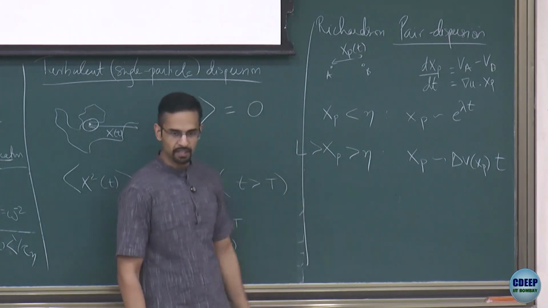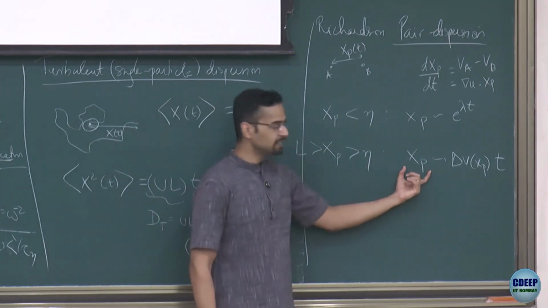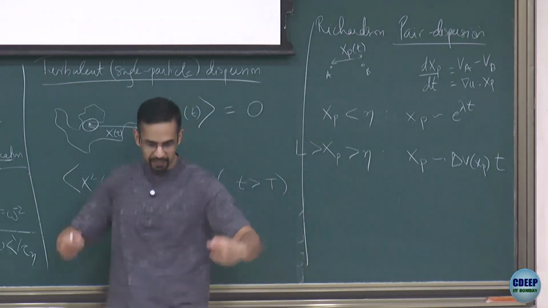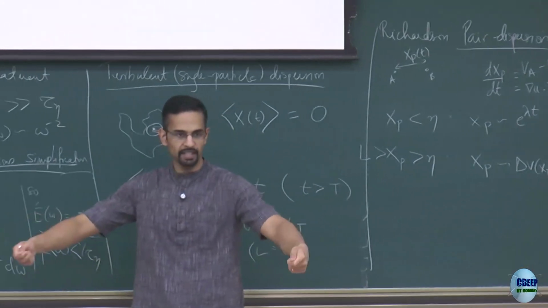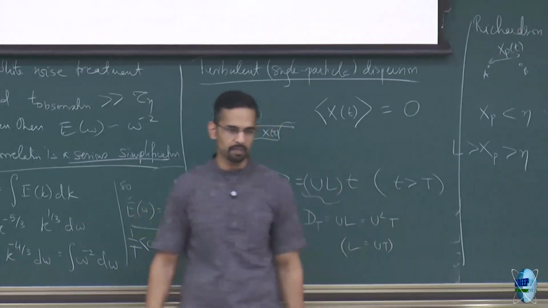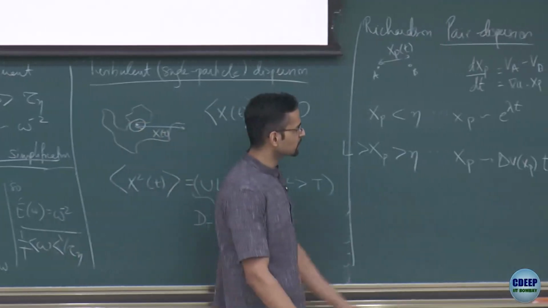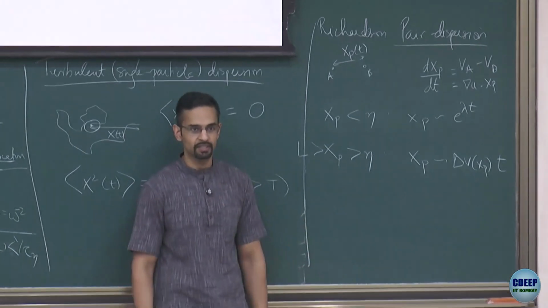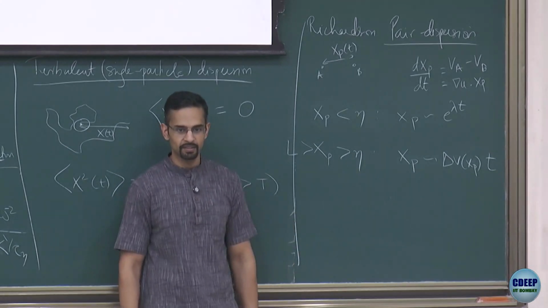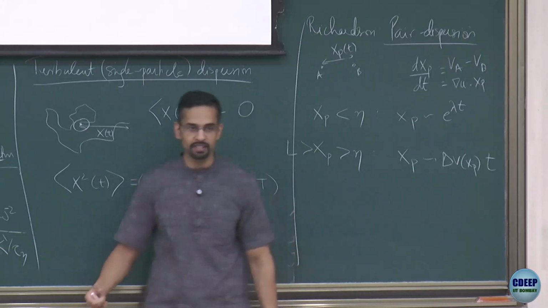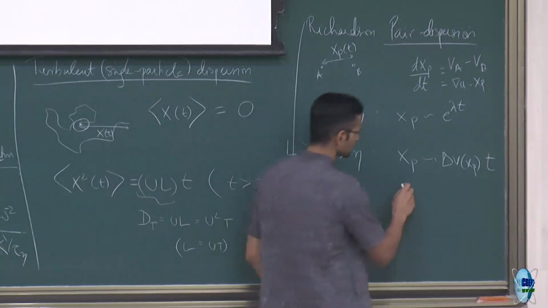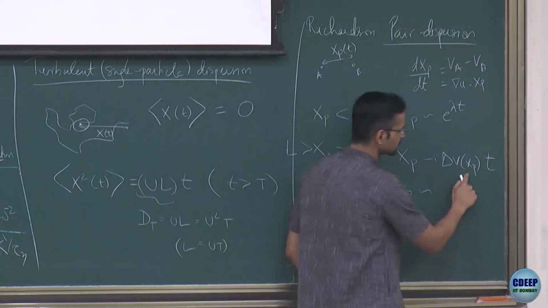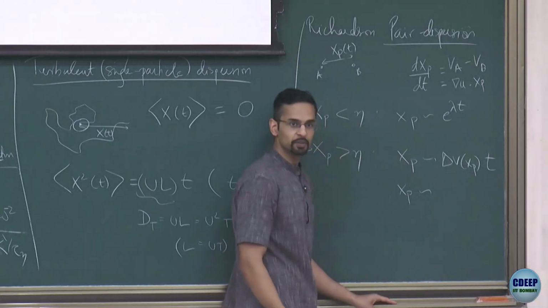Fine, so now if I'm taking these bigger jumps, what I can still say is any change in this xp, or the evolution of xp, must depend on the velocity difference of the two particles at that distance xp at the time t, right? Just dimensionally. The question is now how does the velocity difference depend on the distance xp? So what is that relation? We already know it from the inertial range scaling, right? So I know that this itself will go as xp to the 1 by 3, correct?